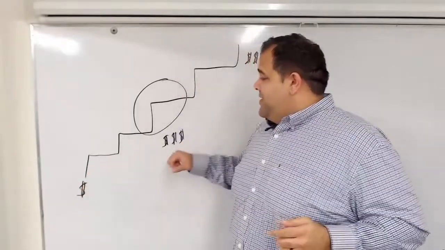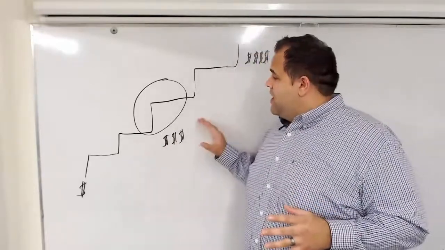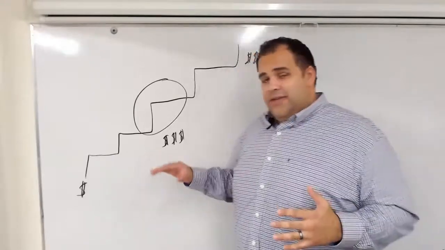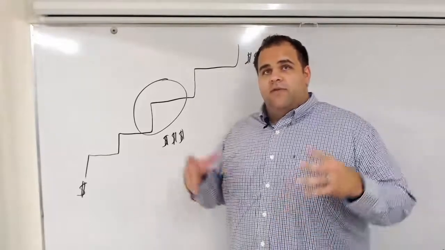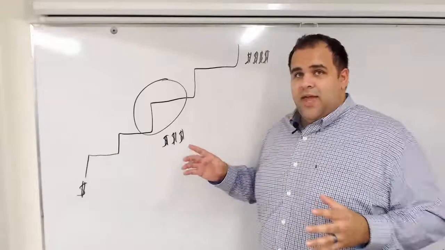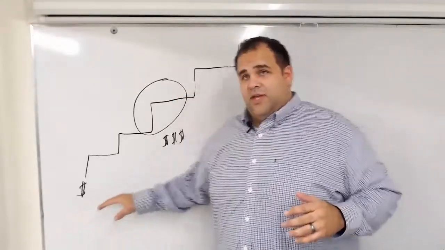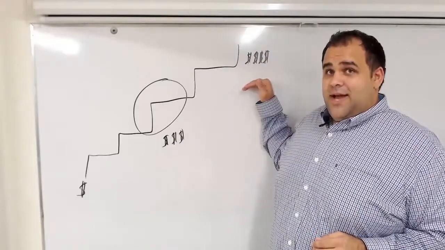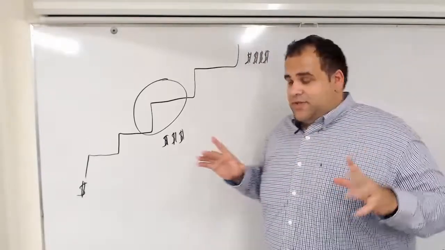So that's why this is the core of your business. Okay, whatever this mid-tier product, service, whatever is, this is the core of your business. This is the one where you make good money, but you have good volume. Okay, and then from this pool, this is a little bit where the funneling process comes in. So you have lead gen, you have core customers, and then you have really high tier, high ticket customers.